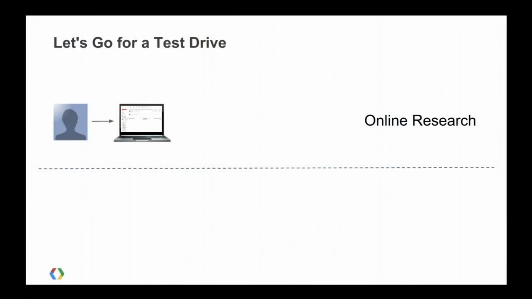So the same scenario, you have an anonymous user that comes to the site. They might do a little bit of research about the car and what they're looking for might not be there, and they'll fill out a form, and that form will get submitted to a CRM system, so customer relationship management system, and within there it'll generate a lead. Okay, so that's the online component of this scenario.